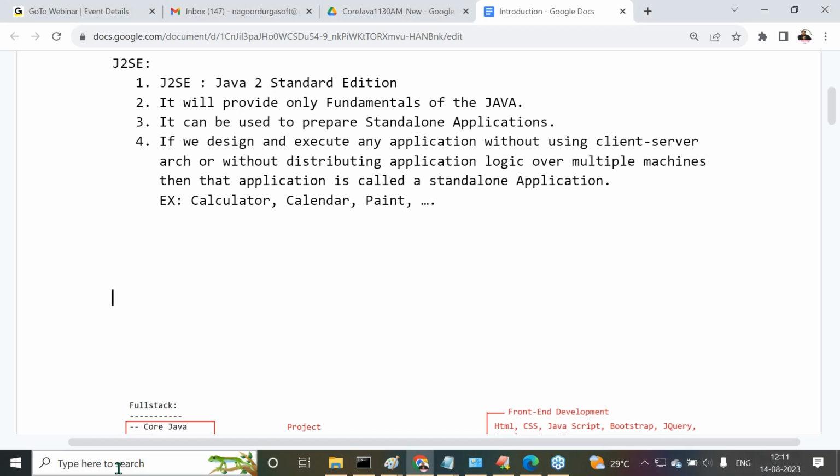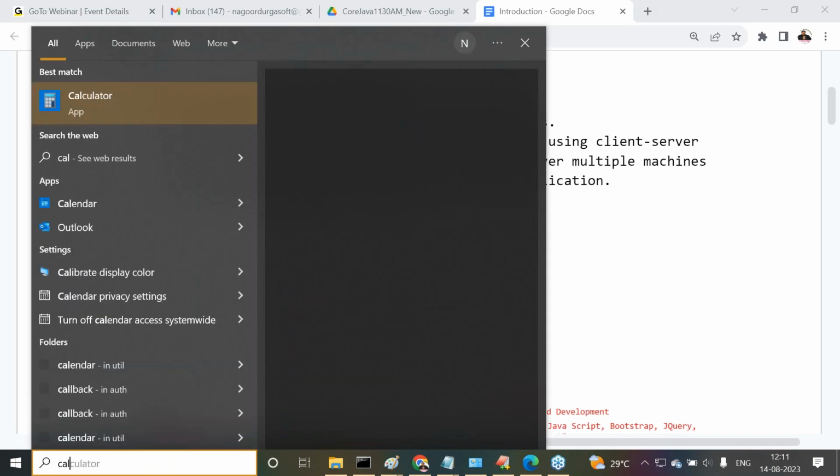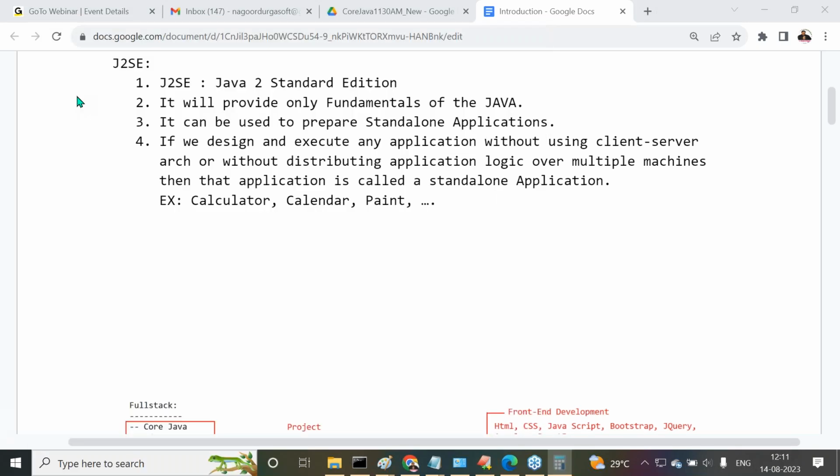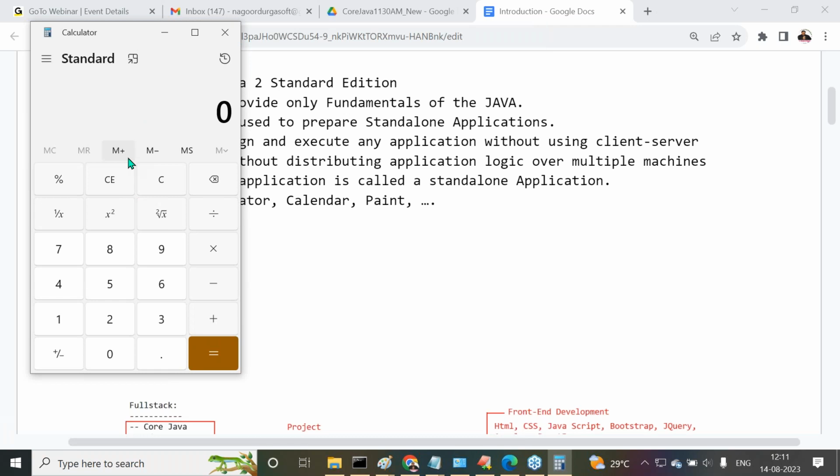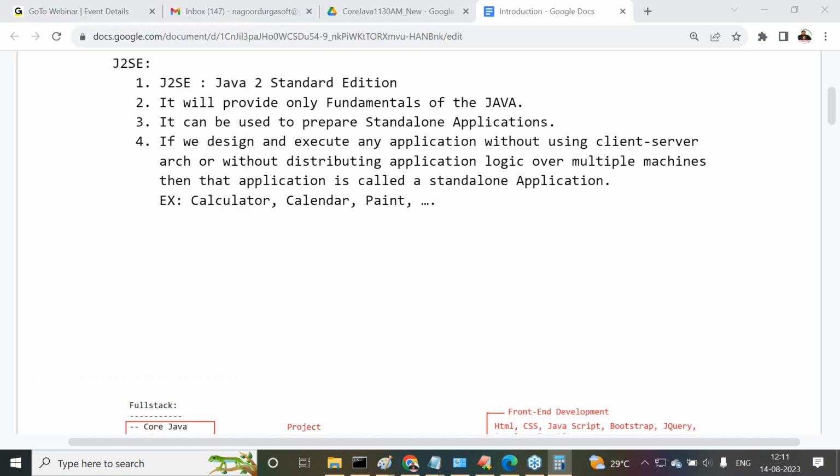Fine. Calculator is available here. There we can perform some operations. This is an application which is running in my current system. Now tell me, is that calculator application executing over multiple machines, or in more than one computer? Within my single computer, this calculator program is running. This is a standalone application. Observe carefully. So calendar, calculator,